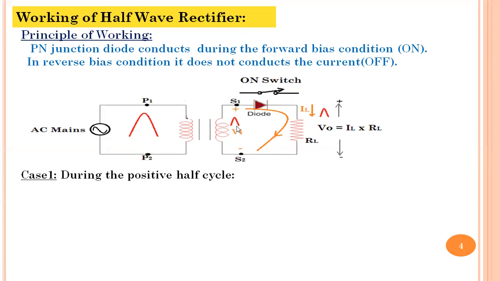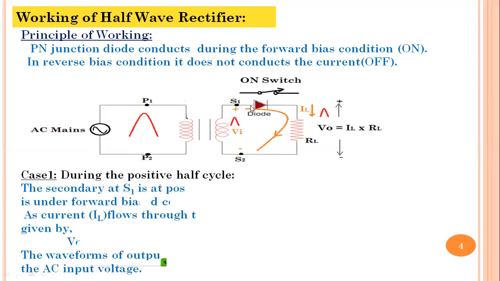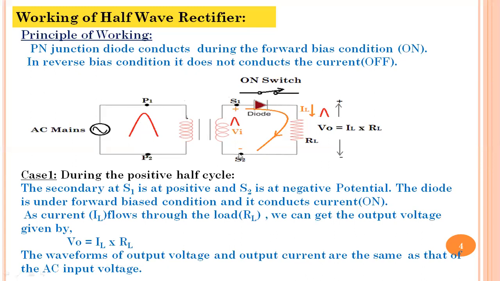So the positive half cycle present at the input of a rectifier brings positive to the connection of the anode of the diode, whereas the cathode will be maintained at negative voltage, as a result of which the diode will be under forward biased condition. Therefore, it can easily conduct current through it. Direction of the flow of current is as per standard convention: current always starts from positive voltage and ends at the negative voltage.